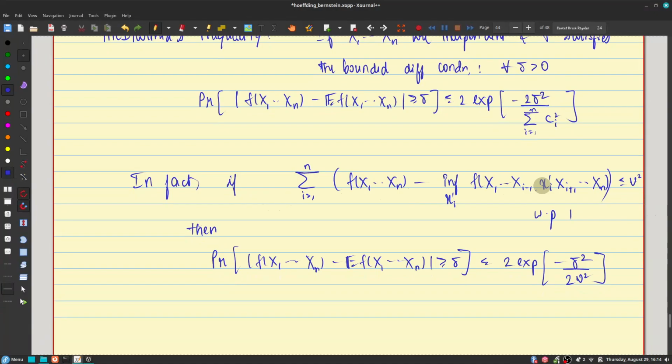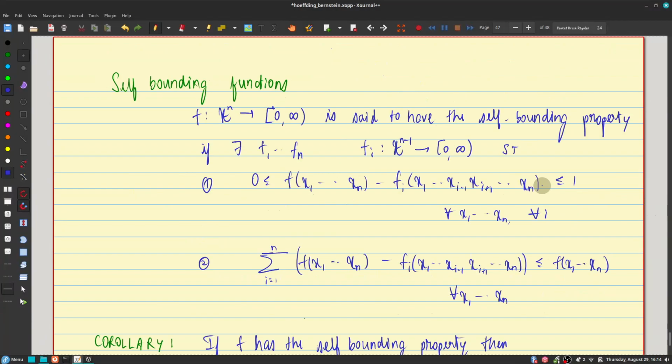Okay. So another class of functions of a similar nature are these classes of self-bounding functions. So what is a self-bounding function? Again, if we have a non-negative function, we say that it has the self-bounding property. You can think of it as a generalization of the bounded differences property. So for each i, if we are able to find some function